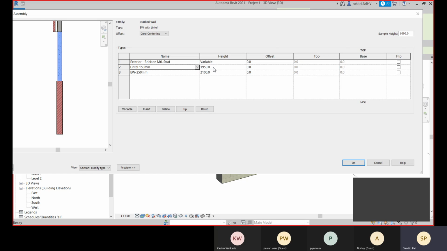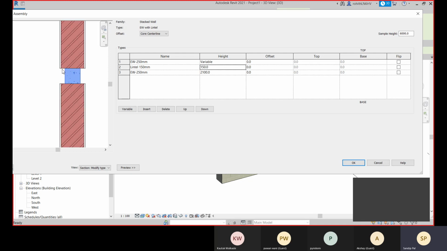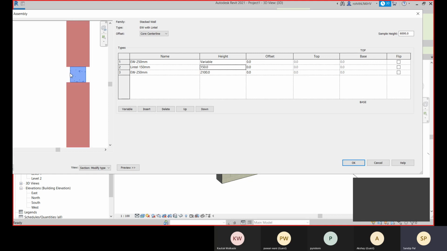So here I will provide the height. Okay, here I will provide the height. So that will be the same, so there I need to change it. Okay, so here just let me place it on the lintel, and I will change it again, and at the top I will have the same wall, right? I will have the same wall, and this one we will provide the 150. Okay, and this will have the same thickness.